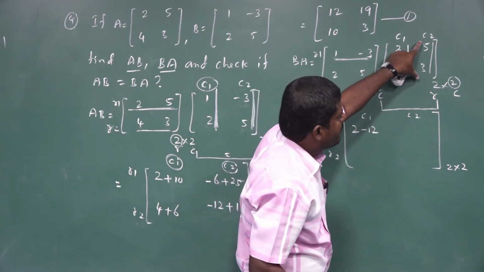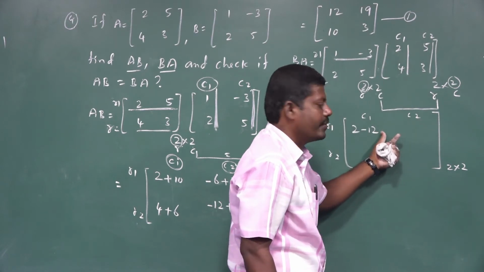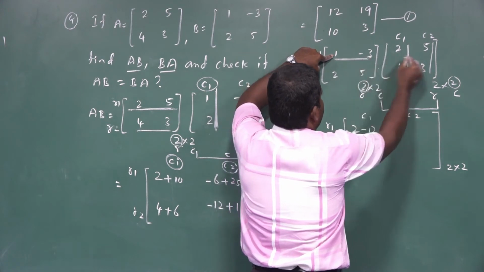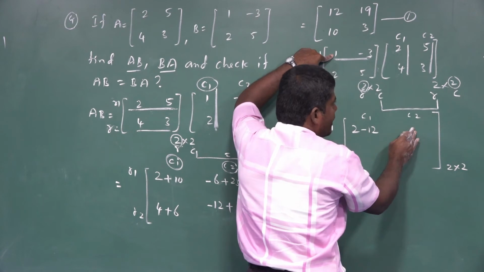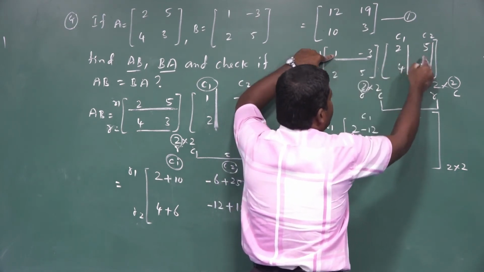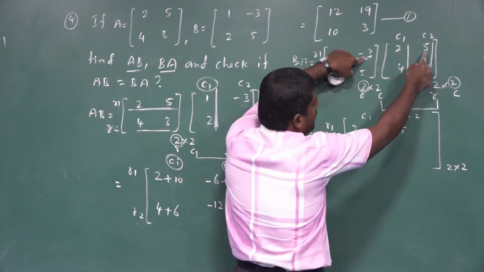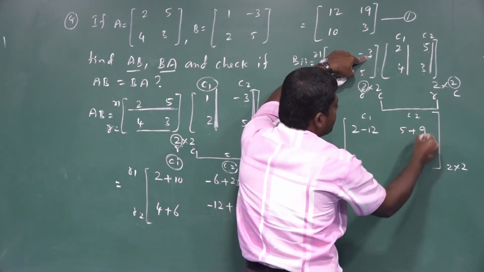Next we are going to multiply the second column. This result you write in the second column. Understand? Okay. Take the same first row and second column. This result you write in the second column because we are multiplying the second column. So 1 multiplied by 5 is 5. Next you take the second element here, here also you take the second element. 3 multiplied by 3 is plus 9.